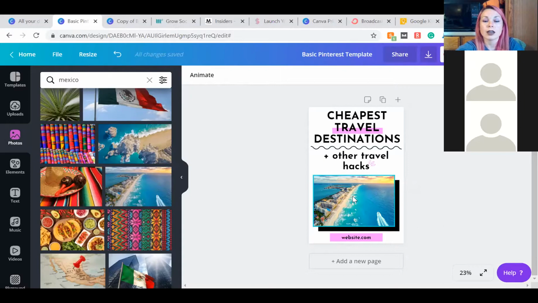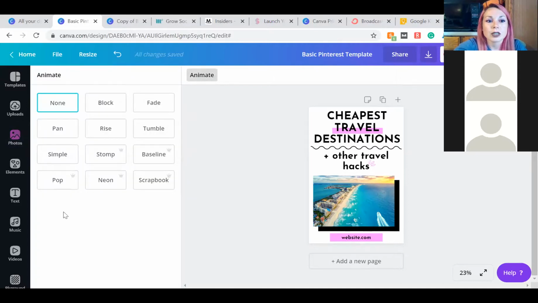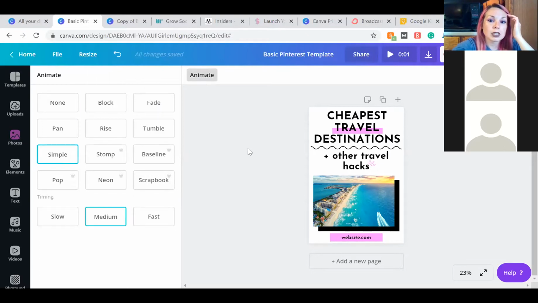But if you want to add animations to any document you create in Canva, when you're on the document itself, you'll see this little animation thing. And then you can click around and play with the different animation effects. So like simple would be, I guess, just that. Block,